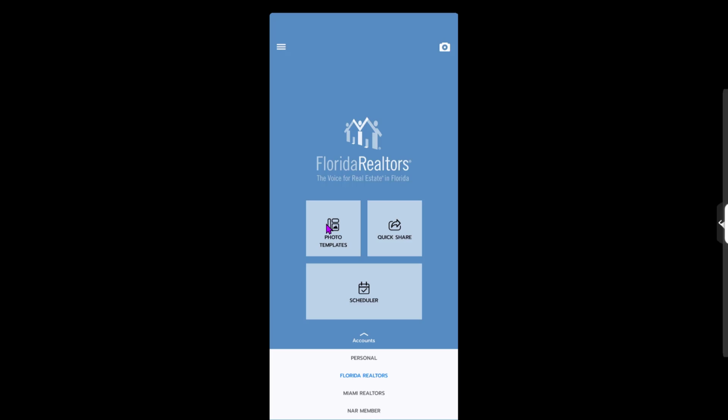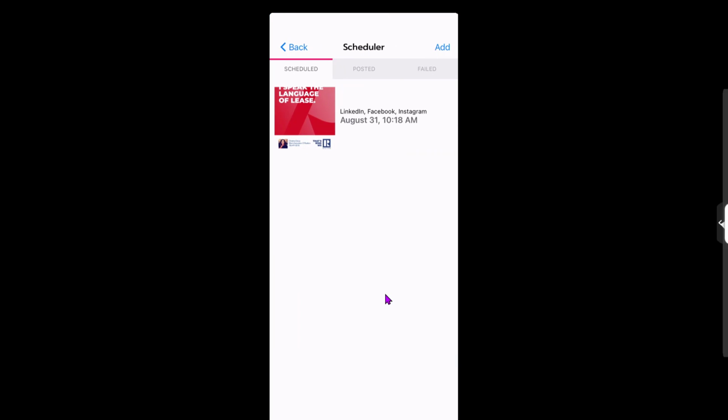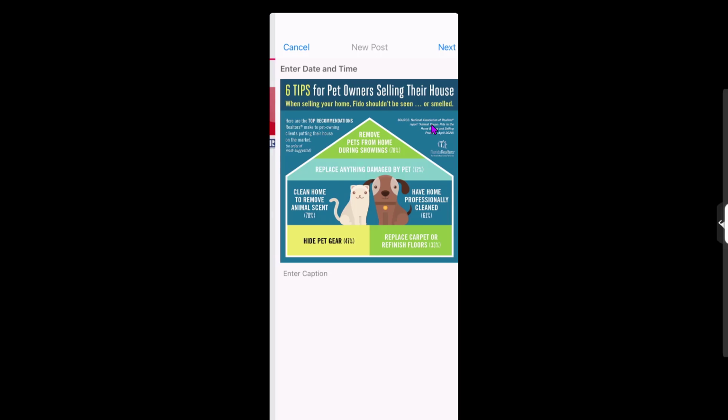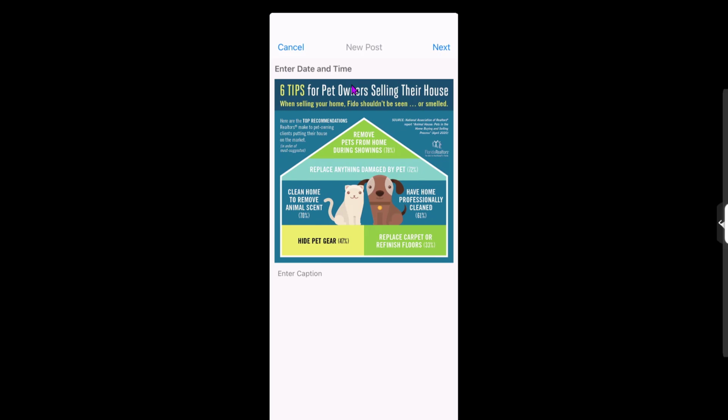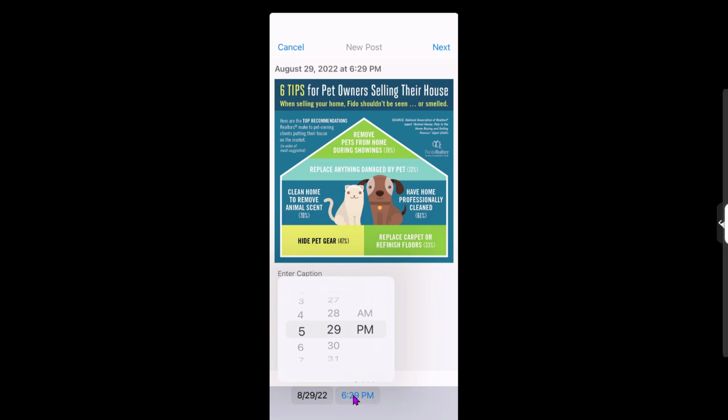So far we've talked about templates and quick shares. Now you have your scheduler. Under scheduler, you're able to decide if you want to create something now to post later. You can do so by clicking on add. Anything that you've created will be available on here. You can click one of your creations and you can choose to select the date and time on the top. These dates and times are here on the bottom, August 25. Let's go ahead and make that change to the 29th, and it's going to post